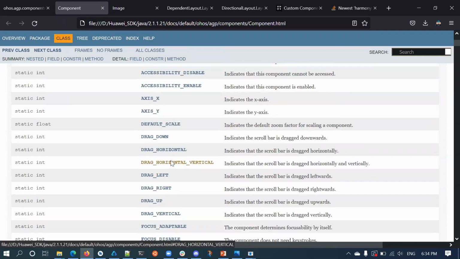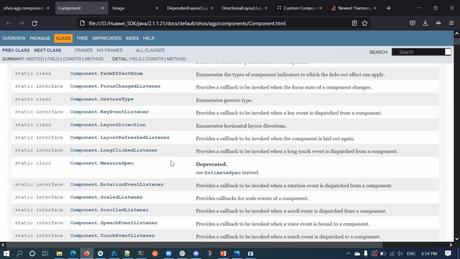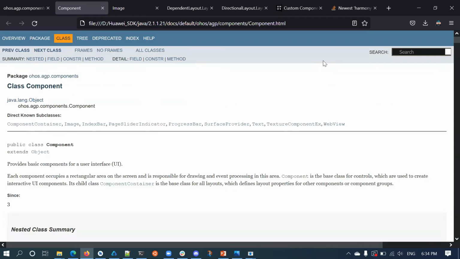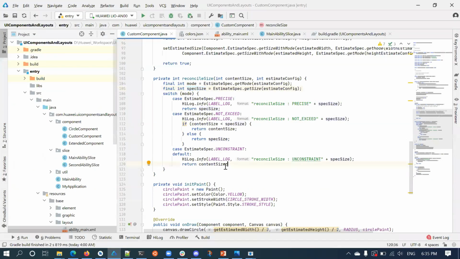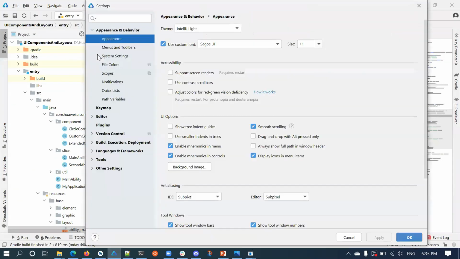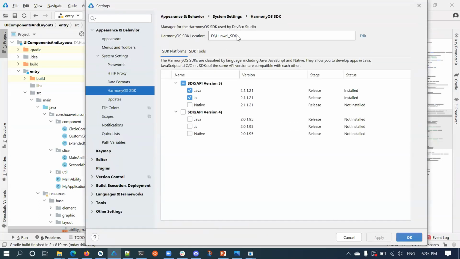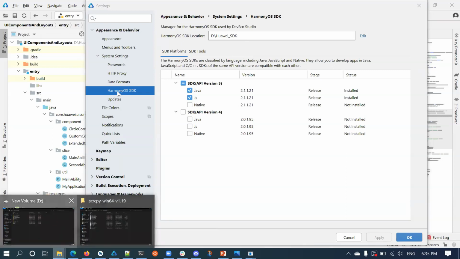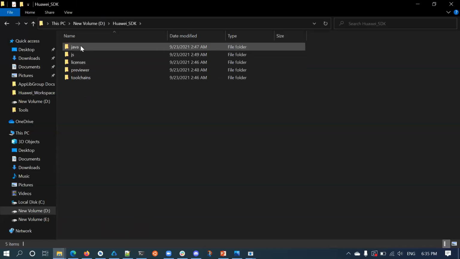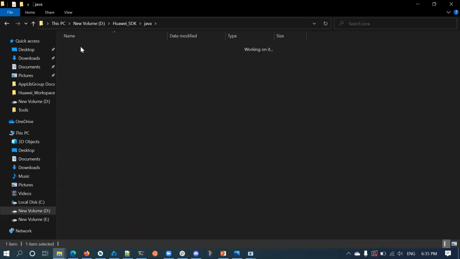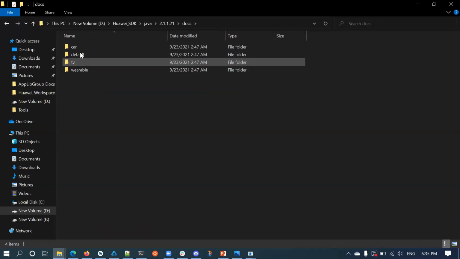I assume you all know how to explore the SDK documentation. This is the component class. In case you don't know, you go to DevEco settings. In system settings, you will have the HarmonyOS SDK location. Inside this SDK location, under the Java directory, go to docs.